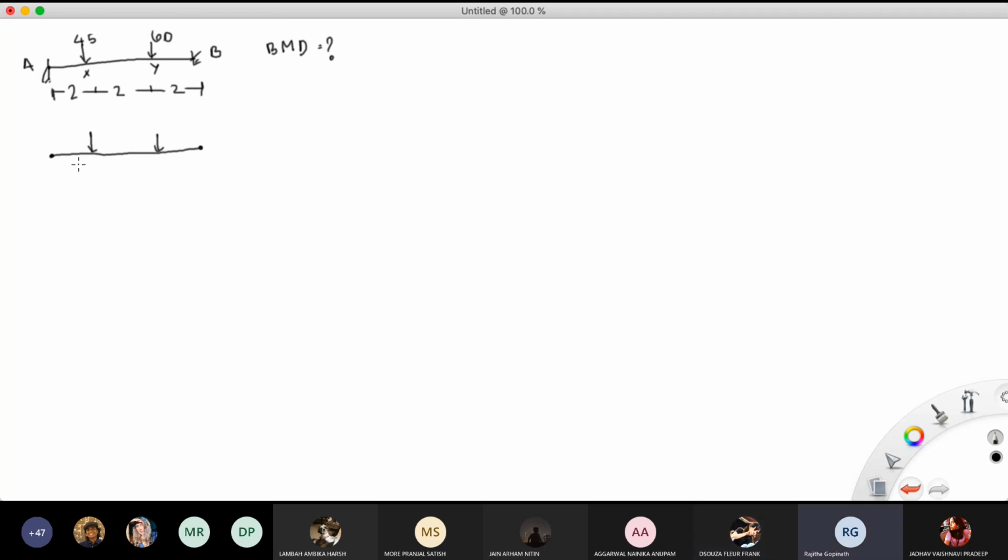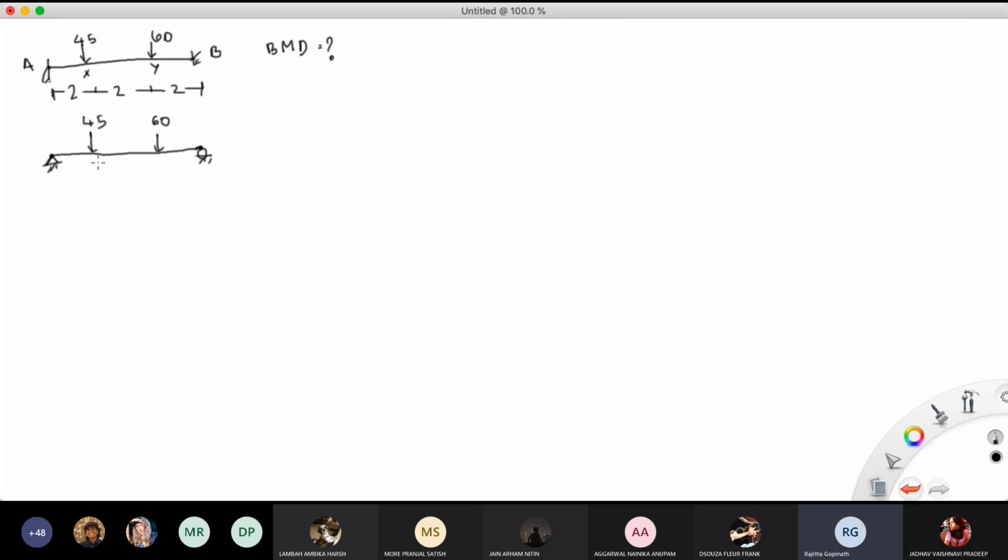So let's say this beam is on hinges and on rollers, right? So we have to first find the area of positive moment. This is 45 and this is 60. Okay. So it's going to sag like this because of the loads. So we need to find out what is the area